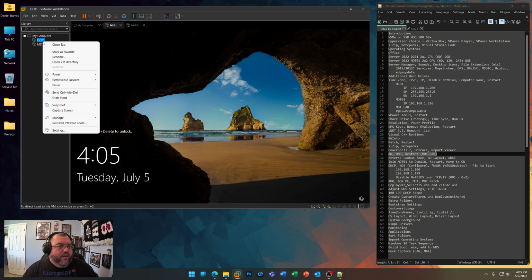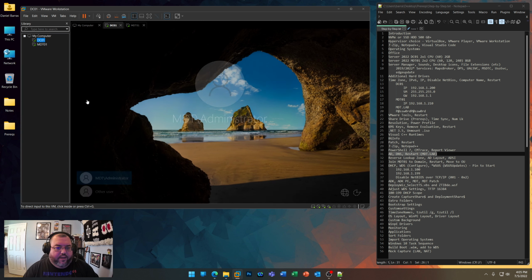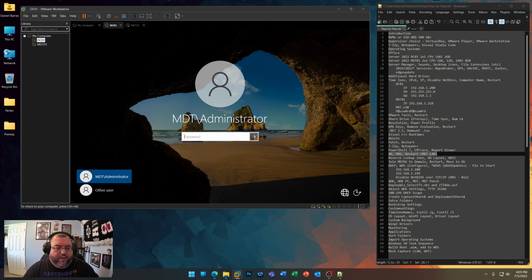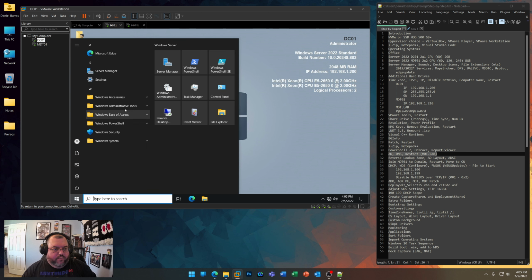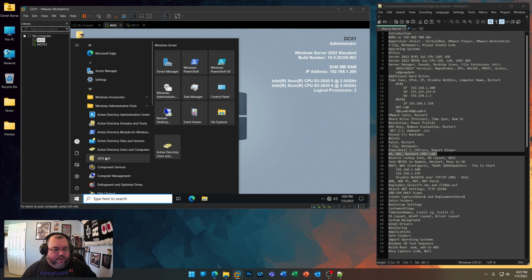Okay, fed the dogs, came back. The domain controller is now promoted, and as you can see, it says MDT\administrator, so we're good there. Give it a few moments here. And what I'm going to do is I'm going to go to Administrative Tools. I'm going to right click on Active Directory Users and Computers. I'm going to pin that to start. I'm going to pin ADSI Edit to start. And then I'm going to go down to, let's see,